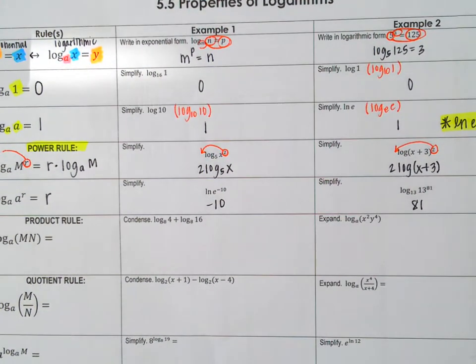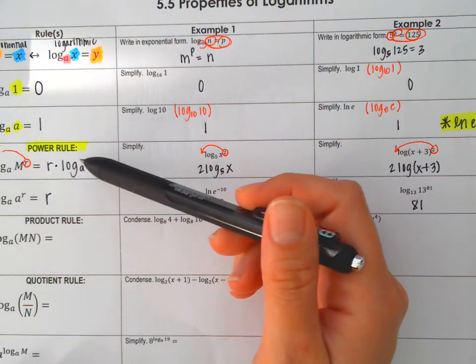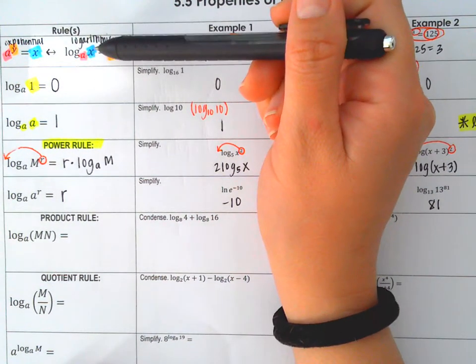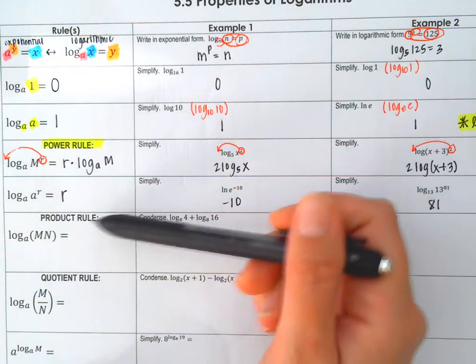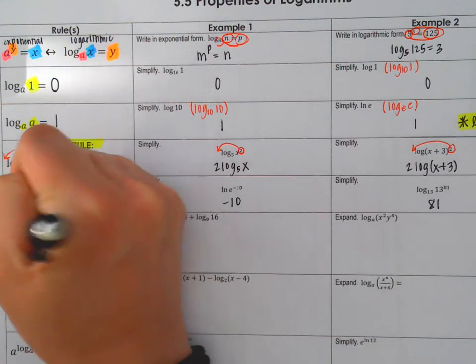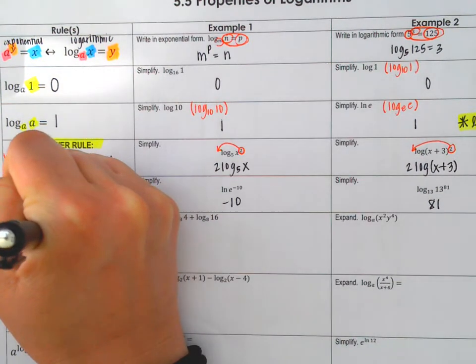Okay, so let's get into our product rule. Now, like I said, I would definitely have memorized the power rule. Actually, I would definitely have memorized this, the power rule, the product rule, the quotient rule, and the change of base rule. Okay, so what the product rule says is, think about when we're multiplying with the same base,